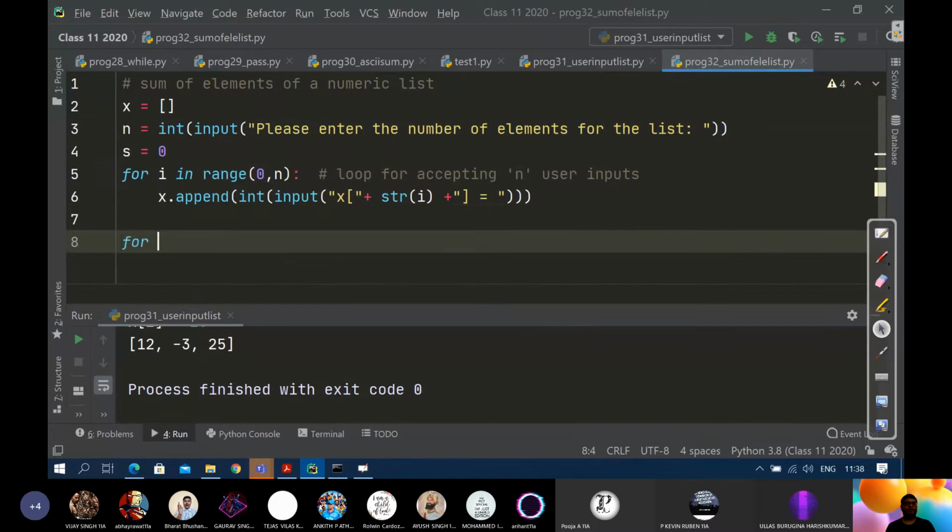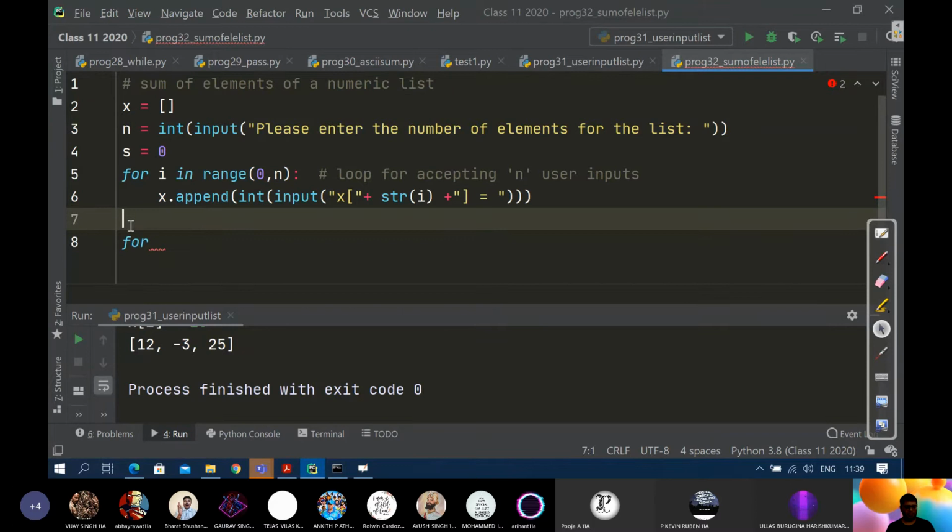Now, once the list is ready, my list x has been populated with elements by the user. Populated means inserted, meaning filled. It has been filled by the user. Okay.